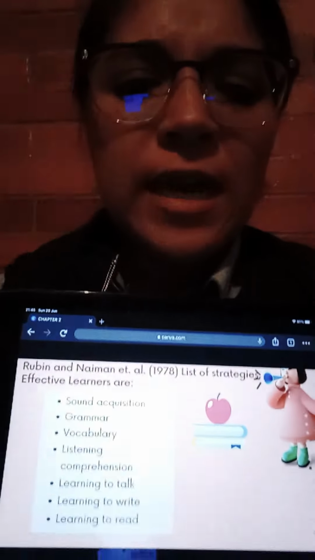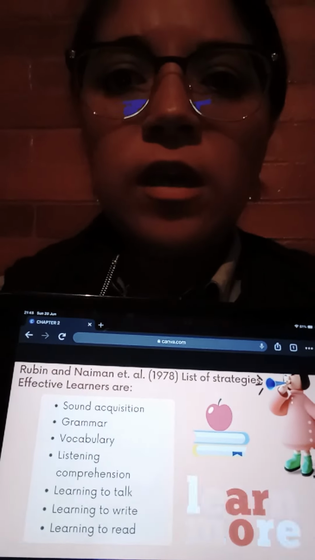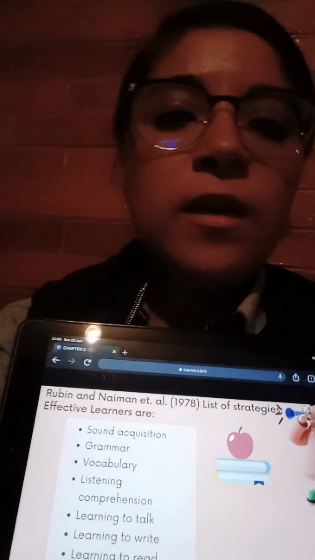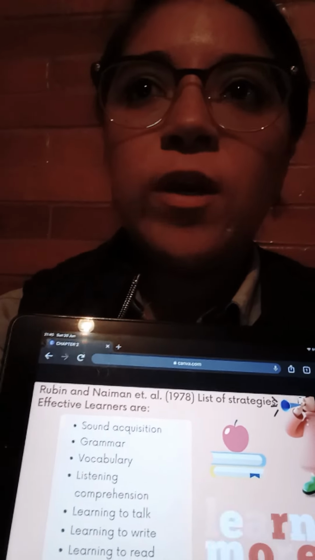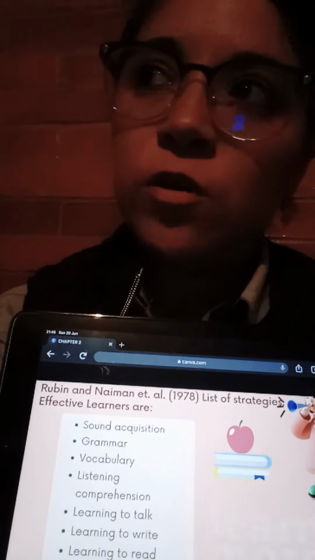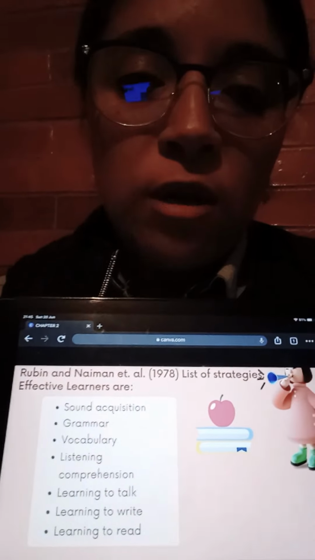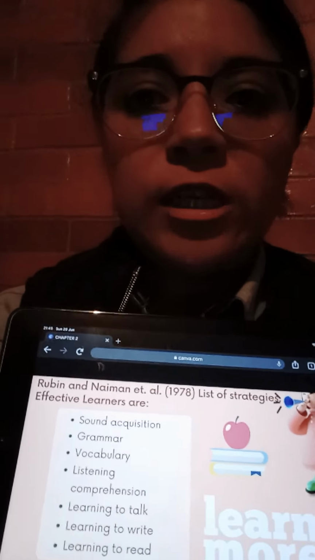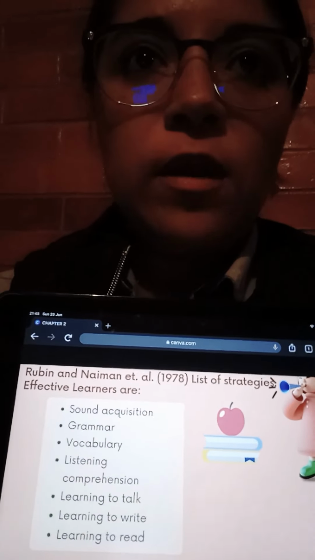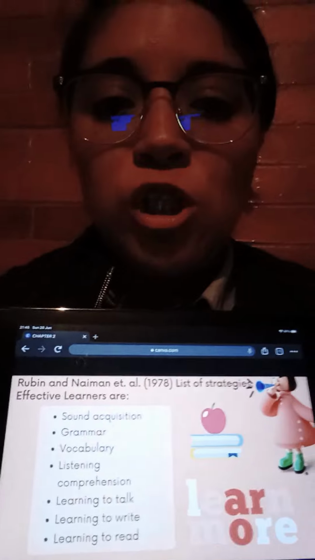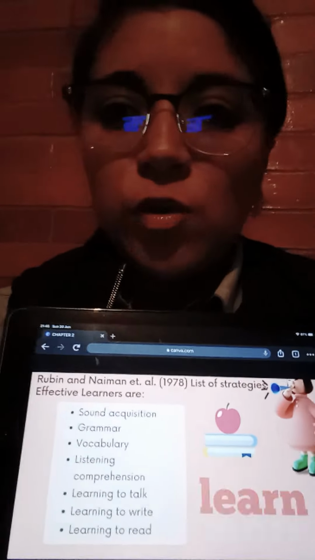Okay, so Ferdinand Casper said that processes imply a sequence of operations. We start with A, then you continue with B, then with C, then with D. Those are the operations. That's a process, and a strategy is a single operation. Well, I'm going to read, I'm going to memorize, I'm going to do a summary. That's the single operation. That's the strategy.